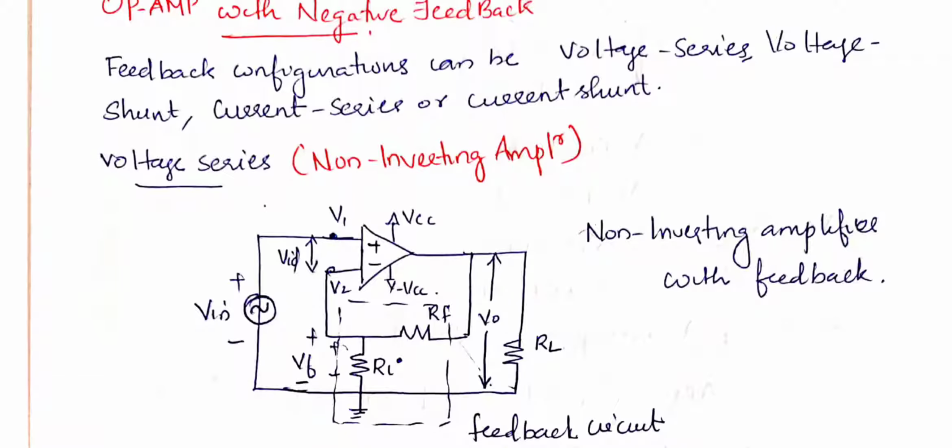Welcome all. So today we will start module 4. In module 4 the topics that have to be covered are inverting amplifier and non-inverting amplifier. So this module 4 is basically about op-amp circuits, operational amplifier circuits. So we have to study the inverting amplifier and non-inverting amplifier, then the gain, input resistance, output resistance and bandwidth of these two amplifiers, inverting and non-inverting amplifier.